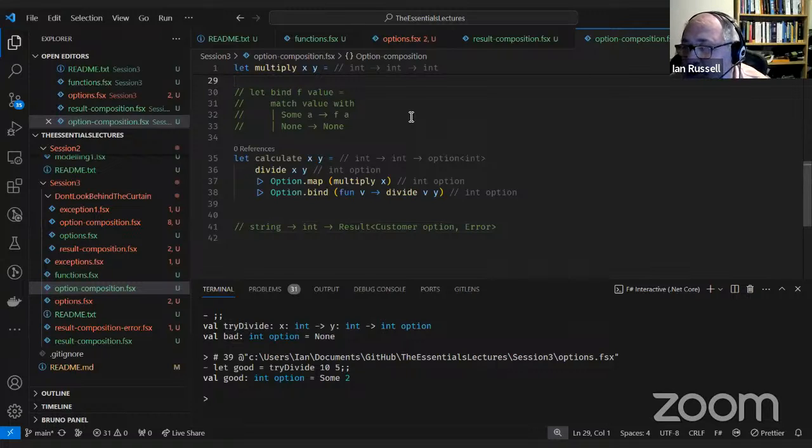So it's quite possible to combine task and result, for instance. It's quite a common thing to do. Trying to do that by writing it yourself is quite difficult, and doing the same thing in something like C# is really difficult.